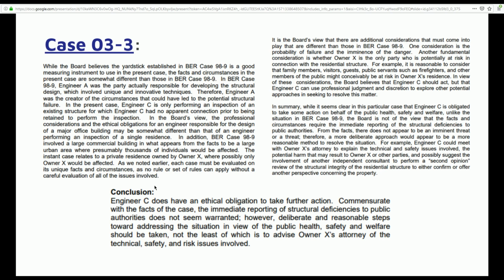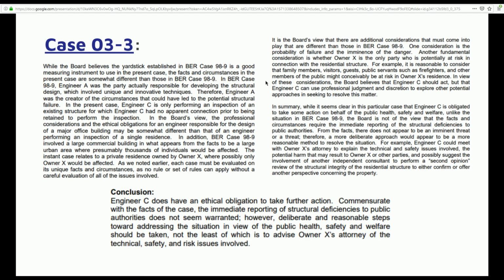The board recognizes that there is a safety issue. Merely informing the owner doesn't take away that safety concern. So there is some obligation to do something. Here in this paragraph, the case study says, so in summary, while it seems clear in this particular case that Engineer C is obligated to take some action on behalf of the public health, safety, and welfare, unlike in the situation of 89-9,